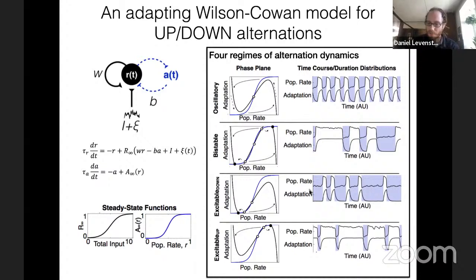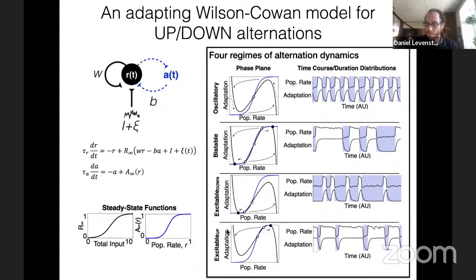And so in the time courses, the way these look is we have most of the time here in the excitable down regime, most of the time is spent down. But every once in a while, you can see that you have these transient excursions to an upstate, which are rather stereotyped. And so this is the trajectory in the phase plane going around the right branch of the R-null-Klein before it comes back to the stable fixed point.